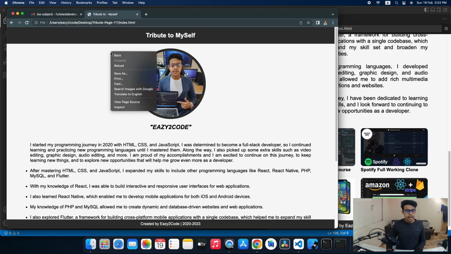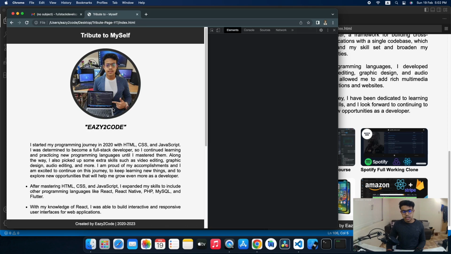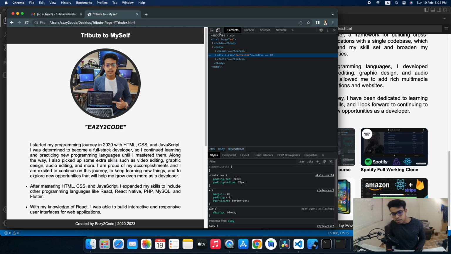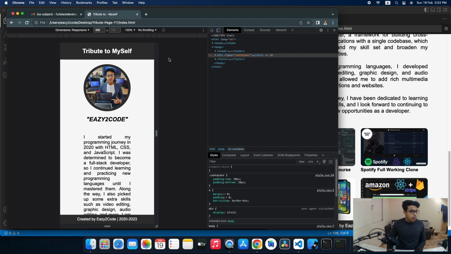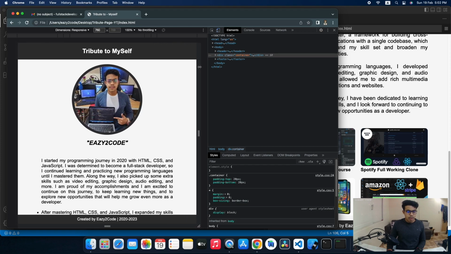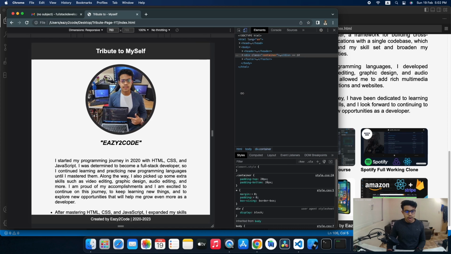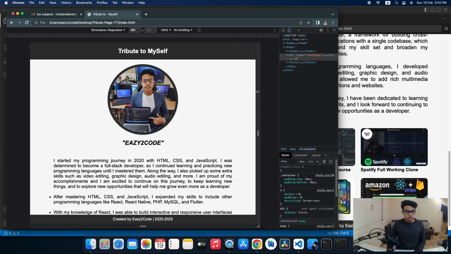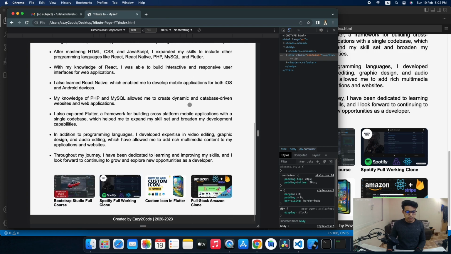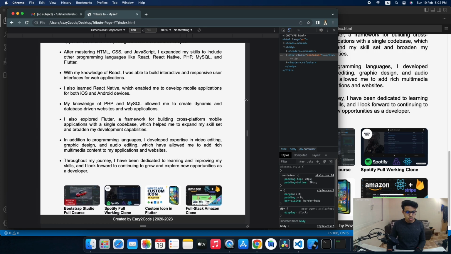I will right click and open my inspector. Alright, now we're gonna write the media query for 860 pixels. So let's see why we're gonna write that specific media query. Over here, as you can see, we are breaking to